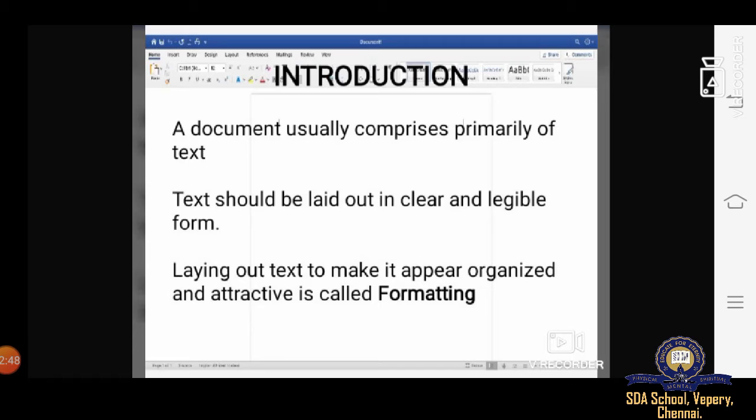Word 2007 provides many formatting features like applying fonts, font styles and sizes, paragraphing and alignment of a group of text, character and line spacing, changing cases and numbering, etc. So these are the things we study in formatting in MS Word 2007.